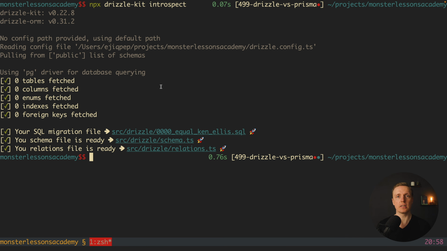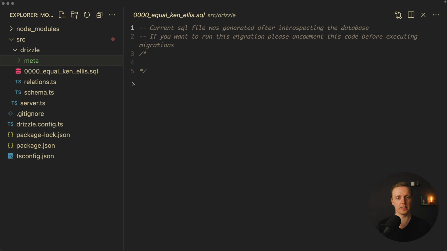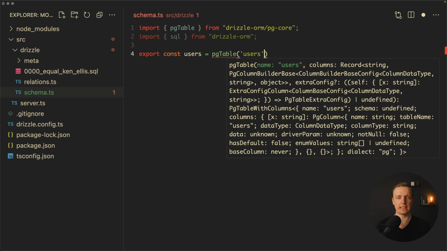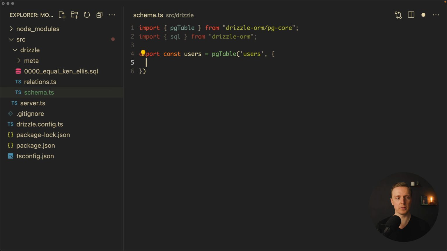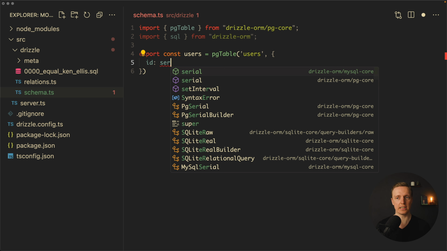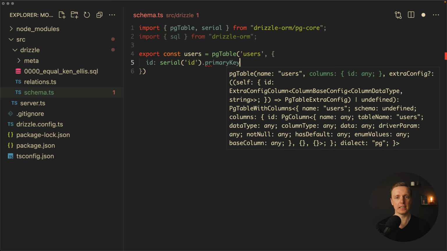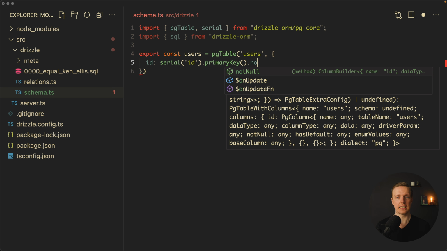Now it is time to create our first table, and as we are talking here about users, in order to register or login a user, we need a users table. This is why let's jump inside schema.ts, and this is exactly where we're creating our schema. So here I want to create a users table by calling pgTable and providing inside a key users. As a second parameter, we have an object with several fields. We for sure need an ID, which is a serial. It comes from pg-core. Let's provide inside an id, and here we must say that this is a primary key and it can't be